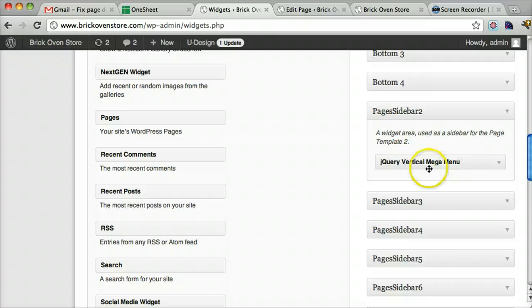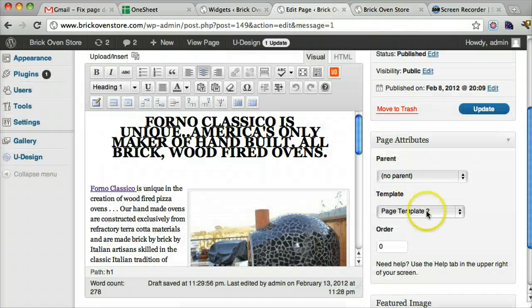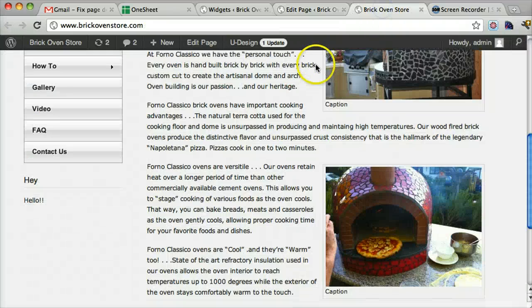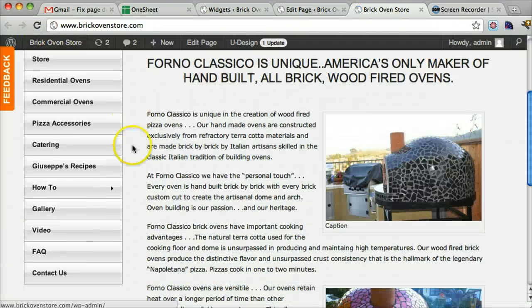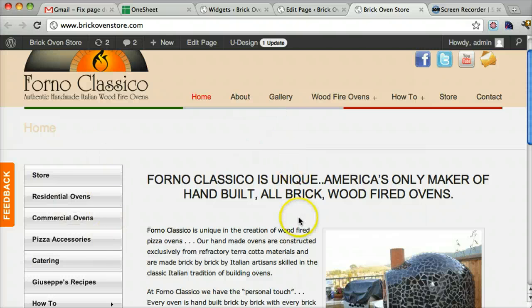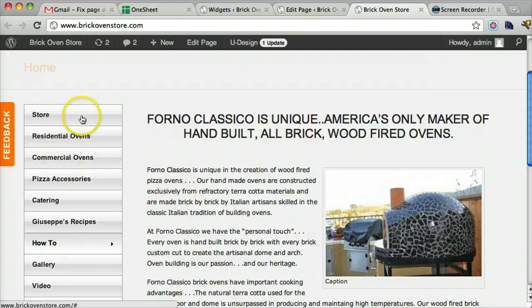And you can see that our menu is here in this page sidebar 2. So in this page template 2, here's our menu. Alright, so now that we have the menu back, and this is the page, this is the sidebar,